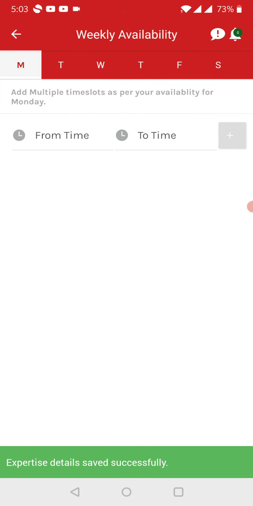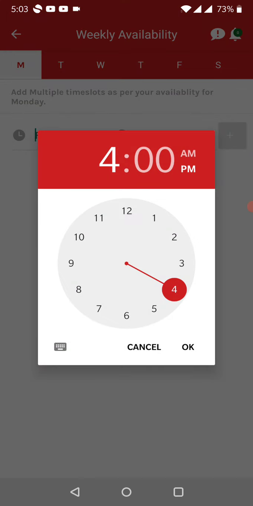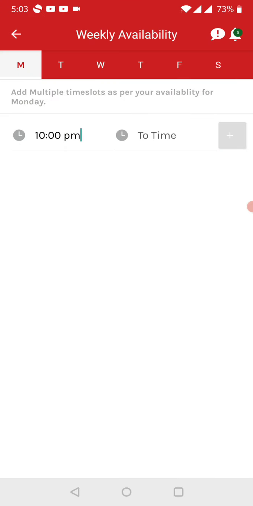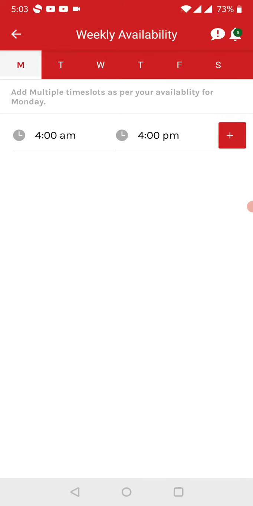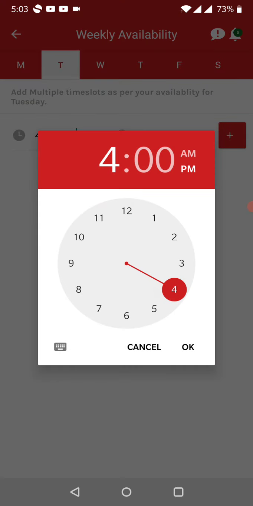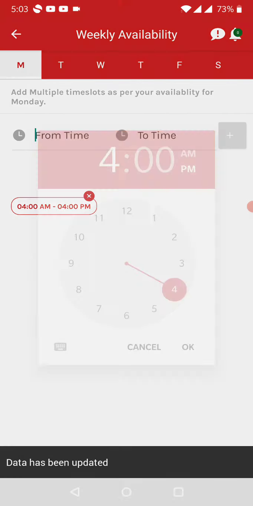Then you need to go to hourly charges, your weekly availability. You can select Monday, you are available at 10 o'clock to 4 o'clock, sorry, it is AM, 10 to 4 AM. For example, Tuesday you are available, for this you need to click on plus, then only the timing will get added.